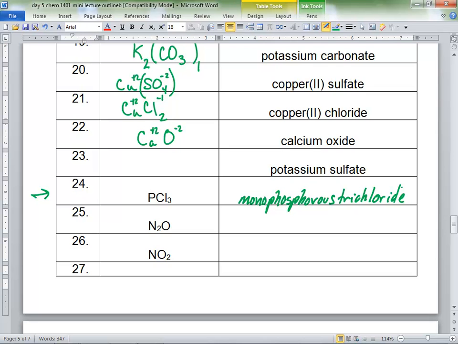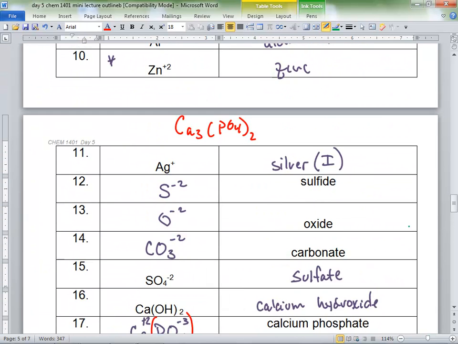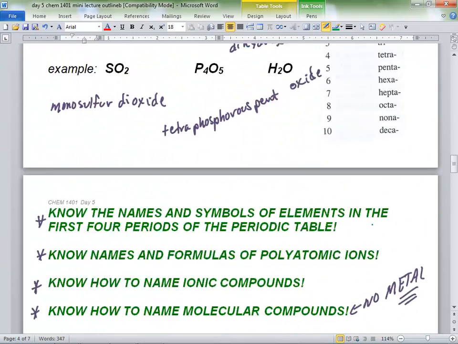Very good. Okay, so the name of the game is just to identify, right? Do you see a metal? If you see a metal, name the cation, then the anion. If you don't see a metal, name the element, name the second element, add IDE, and use this mono-di-tri stuff. Okay. So for lab, know as well as you can,